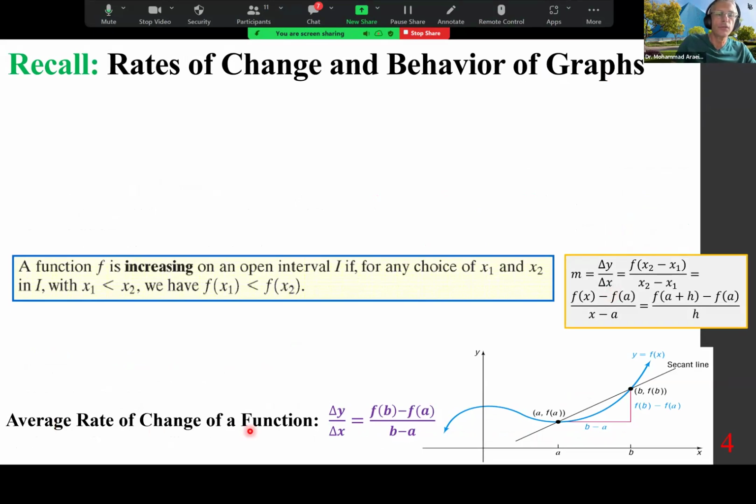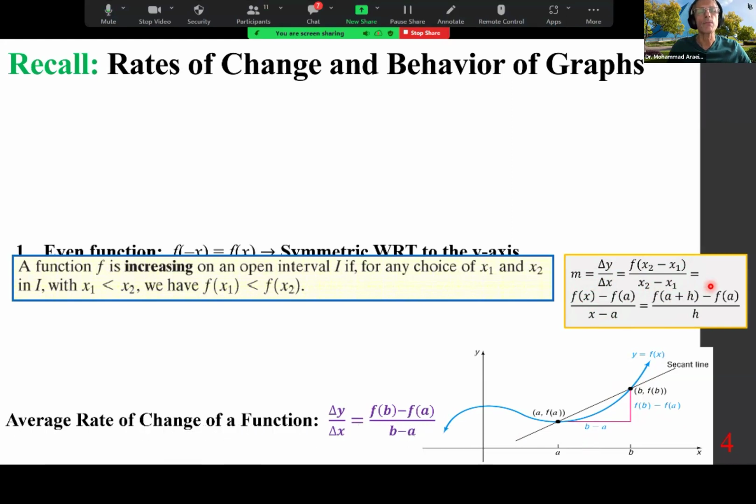So the average rate of change of y with respect to x is f of b minus f of a over b minus a. Basically, if you have 2 points, connect them. This is the good old slope, m equals delta y over delta x, and there are various ways of writing it, such as f of x sub 2 minus f of x sub 1 over x sub 2 minus x sub 1, f of x minus f of a over x minus a,